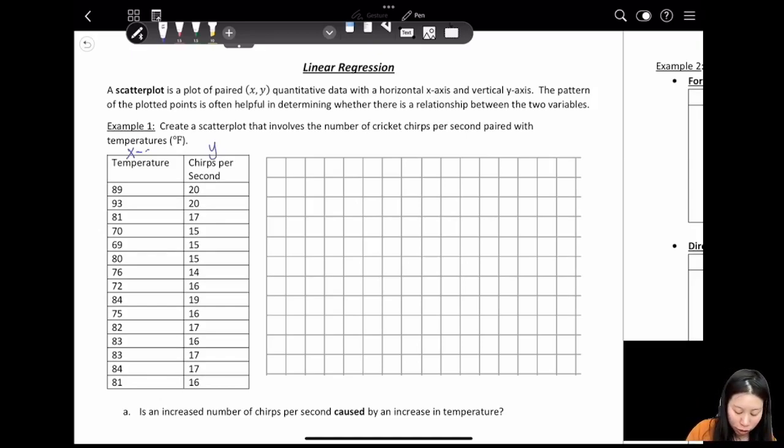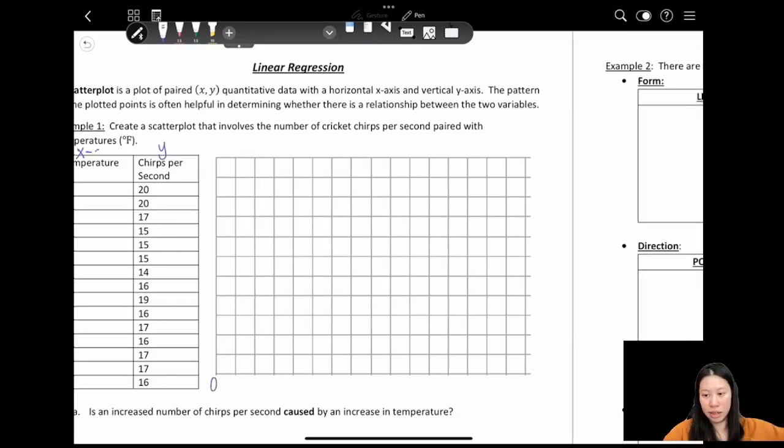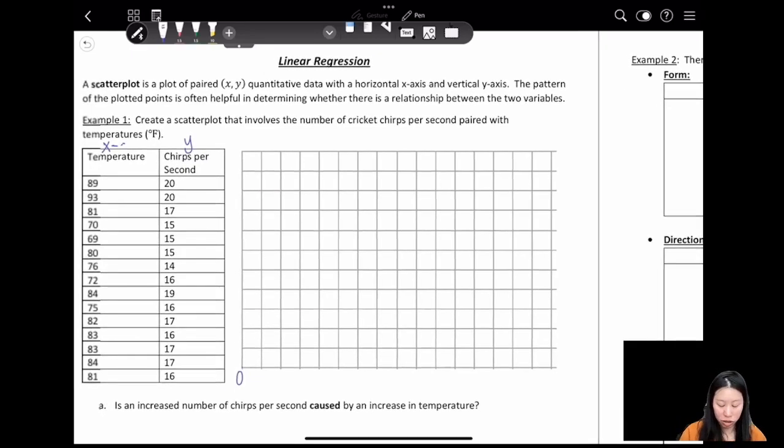From the x-axis, we know that the temperature varies from 74 degrees to approximately 99 degrees. So now we need to determine where to start. Maybe here this is 0. So this is the origin, always starting with 0. But since we don't have data on the temperature from 0 to 74, we can use the line of break and start with 74,